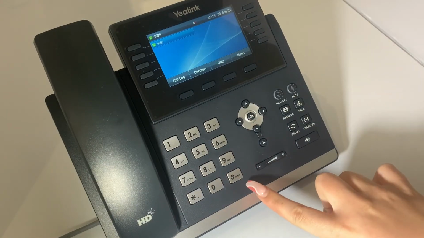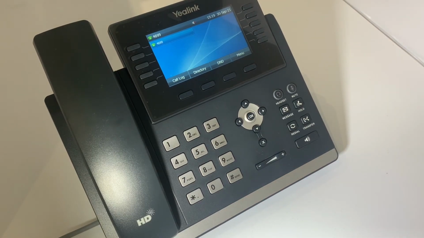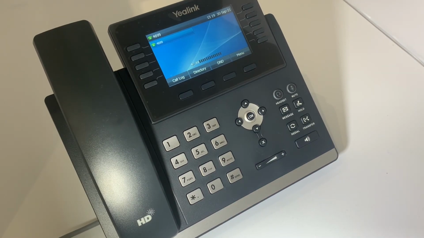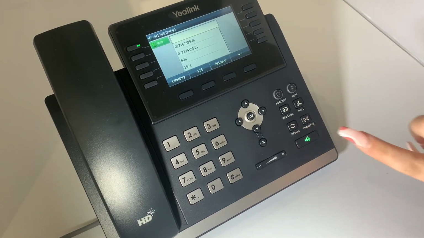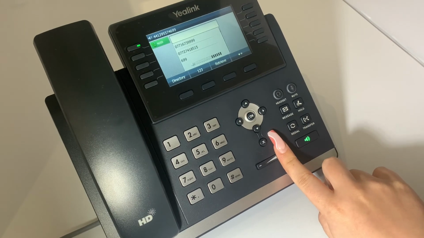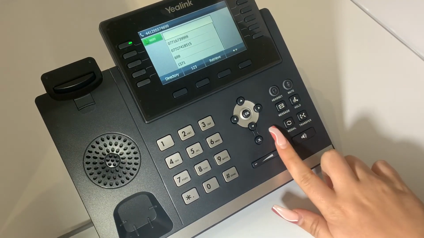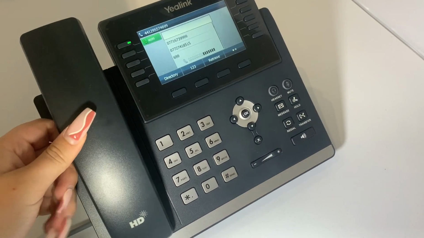The volume controls are located underneath the arrow keys below the screen. This controls the volume of your ringtone as well as the volume of your phone calls. When the handset is in the cradle, pressing the volume button adjusts the ringer volume. When the speaker is activated, pressing the volume button adjusts the speaker volume. When the handset is off the hook,